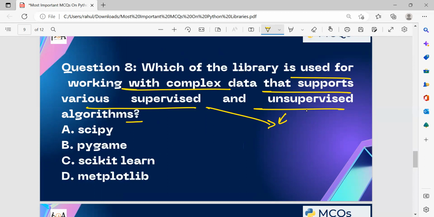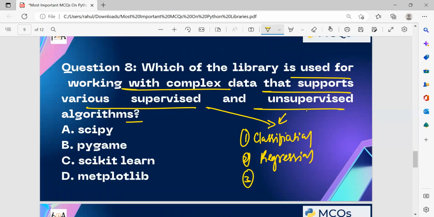Complex data where we perform supervised or unsupervised algorithms, that may be in the sense of classification, regression, or clustering, right? On complex data, if we need to do these algorithms, the best library we can prefer is scikit-learn. Option C is the correct answer.